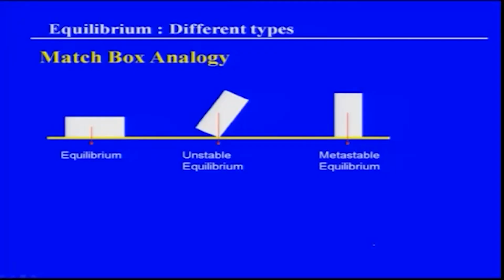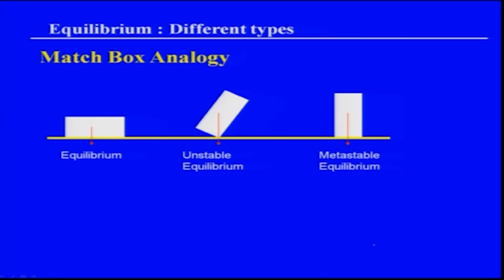So this is understandable. Thermal means there will be no temperature gradient, chemical means there will be no resultant reaction rate; the forward and backward reaction rates will be the same. What about mechanical equilibrium? It is very easy to understand if I consider a matchbox. Mechanical means energy, energy means kinetic plus potential energy. We know that in any material there are atoms, and atoms have both potential and kinetic energies. So when the total energy of this system is at the minimum, we call it mechanical equilibrium.